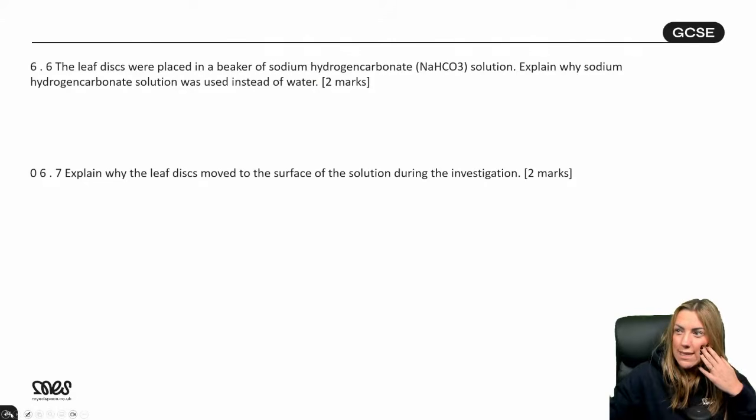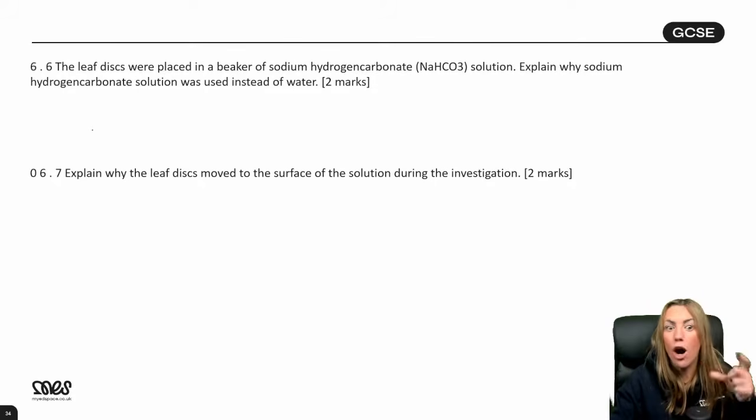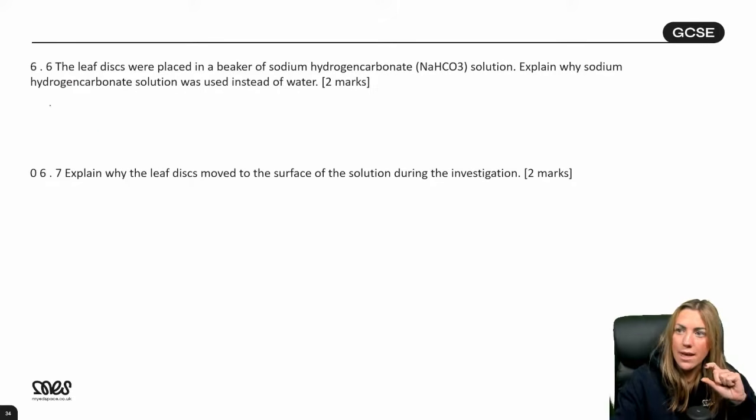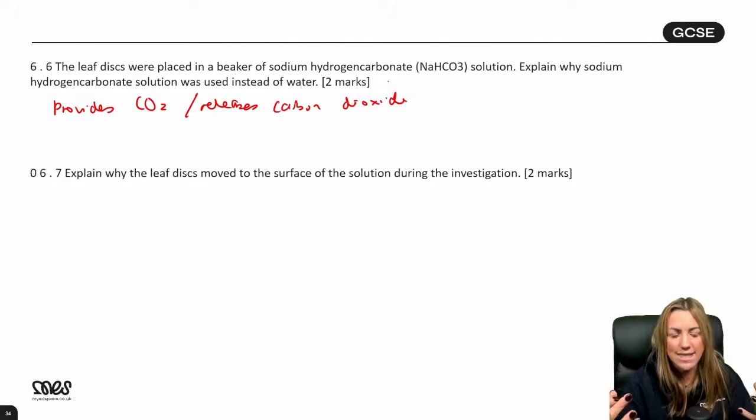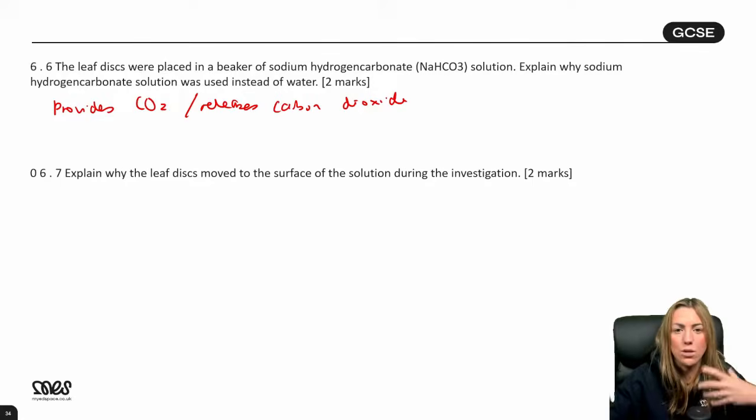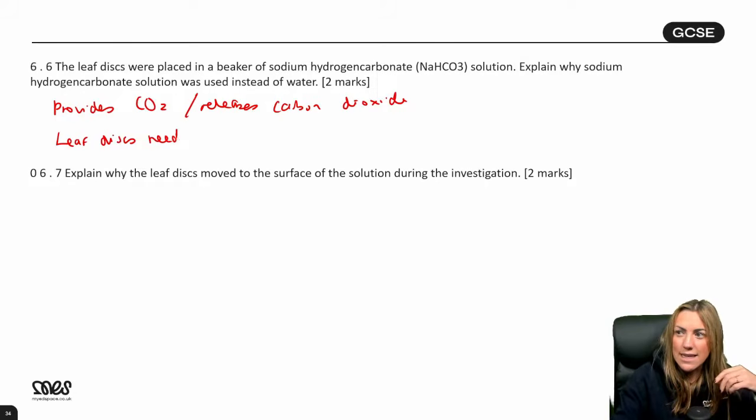The leaf discs were placed in a beaker of sodium hydrogen carbonate. Explain why sodium hydrogen carbonate solution was used instead of water. So you should know from school that sodium hydrogen carbonate, or if you didn't know, think of carbonate, carbon and oxygen. It provides carbon dioxide, or releases carbon dioxide. Don't just say it contains carbon dioxide. It's about providing CO2 to the leaf discs